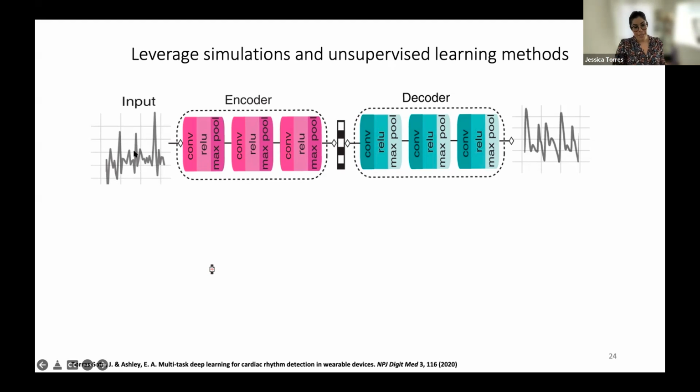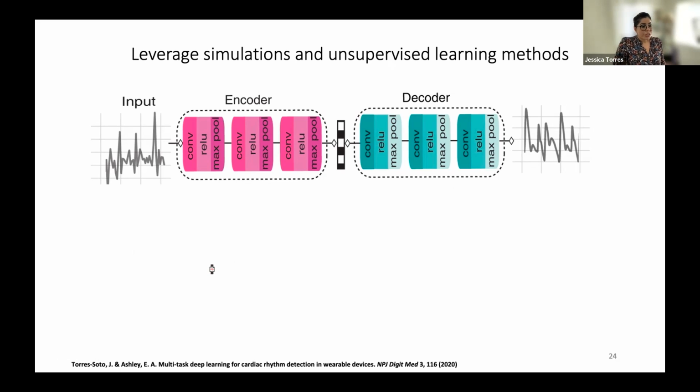In some cases, the corrupted signal may have a higher amount of noise than others, but we don't actually know the true underlying clean signal. So we weren't really able to use the data that we collected from individuals. So we use simulated data to do this, because in a simulated situation, I know exactly what that true underlying signal is, right here denoted on the right, and I can add varying amounts of noise in different types of ways to then train those types of convolutional denoising autoencoder to get the signal as clean as possible.